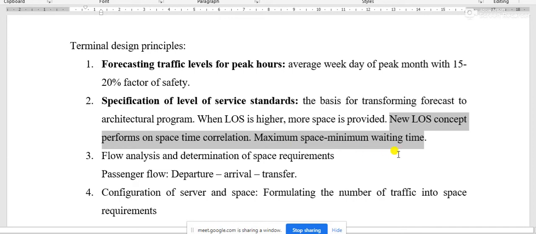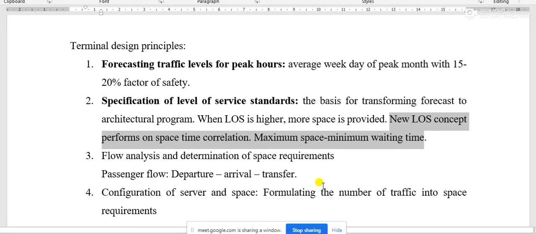This is the correlation between space and time, and this is the main principle for designing the terminal building.